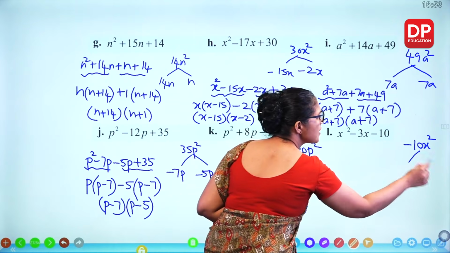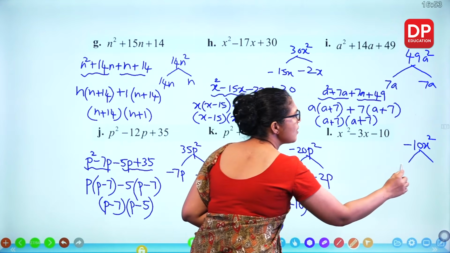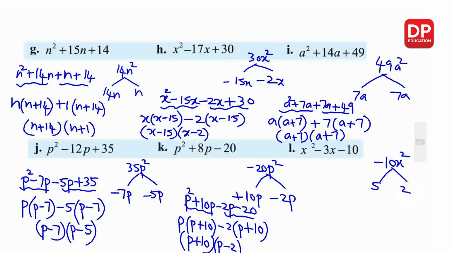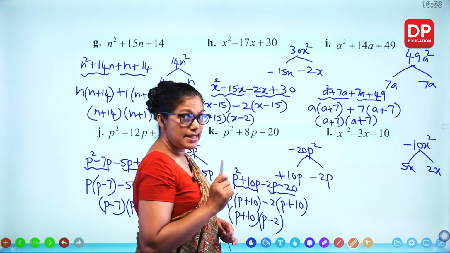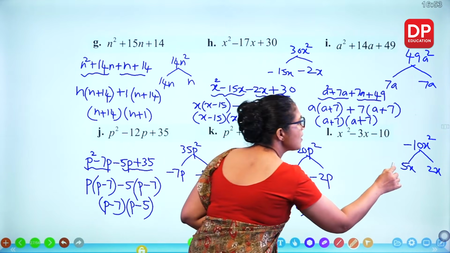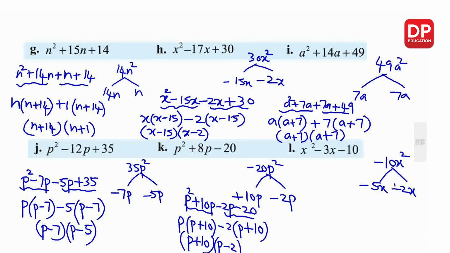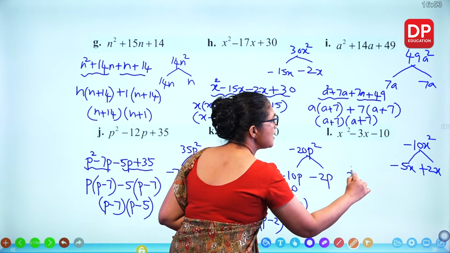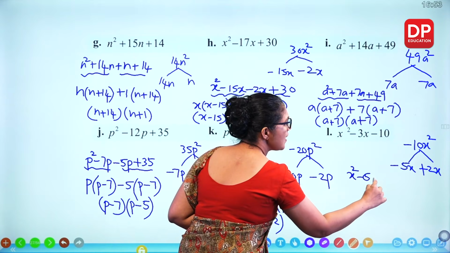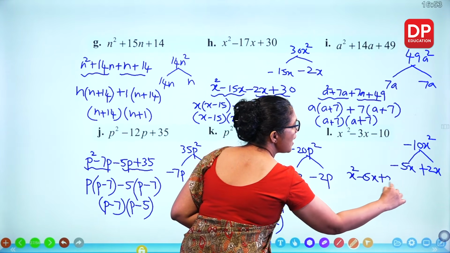So what are the factors of minus 10? You can write 5 and 2. But because the middle term is negative, you can say minus 5x and plus 2x. So split the middle term to minus 5x and plus 2x,